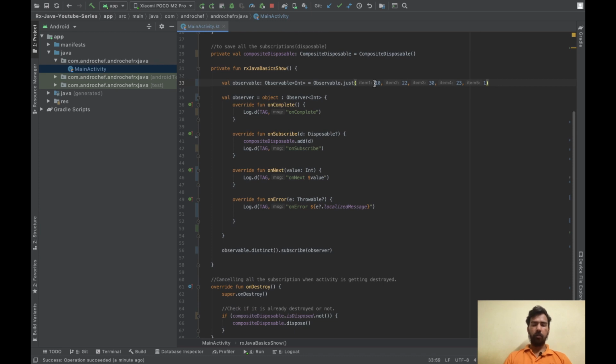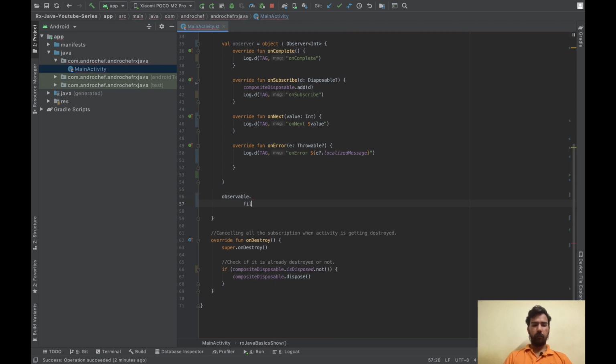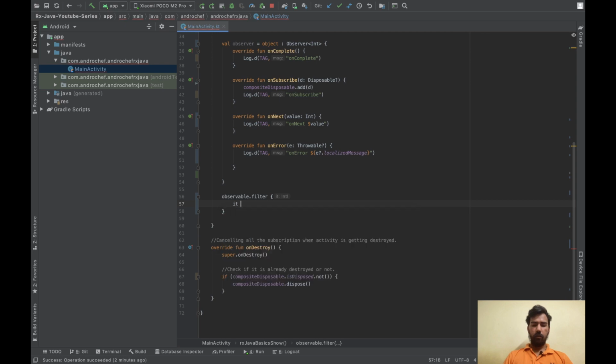We'll add our operator, filter, and then we will add: if the value is greater than or equal to 20 and less than or equal to 30. Now we will subscribe and pass the observer.